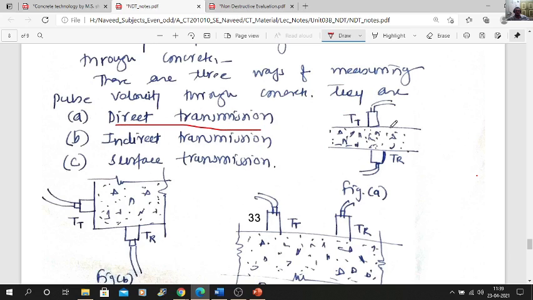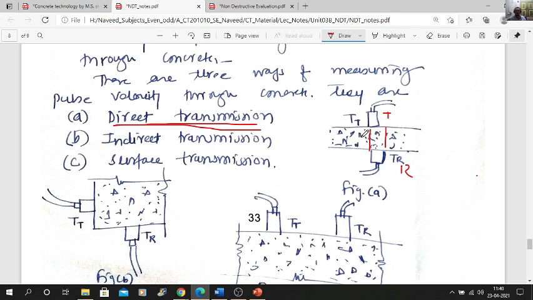When we put the probes T and R on the exactly opposite faces of your concrete, then this transmission is termed direct transmission. It is possible in the case of a column or a wall, but mostly the problem is that this cannot always be done.